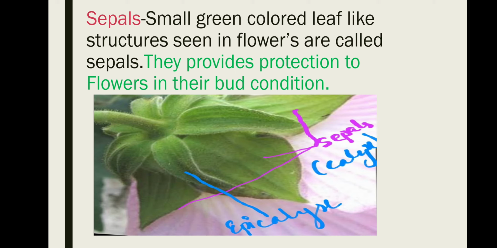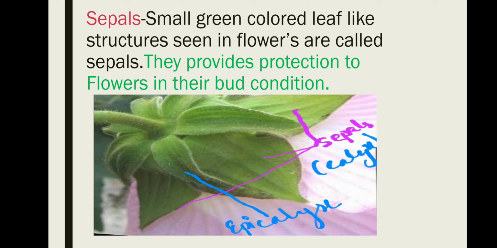So these floral parts are basically the sepals. When they all together form a whorl, they are known as calyx. I have also labeled this in the picture. Calyx is basically the outermost whorl of floral leaves. The individual leaf segment of the calyx is known as a sepal. Sepals are essentially green in color, but in some cases they are colored like petals. Such a condition of calyx is known as petaloid.